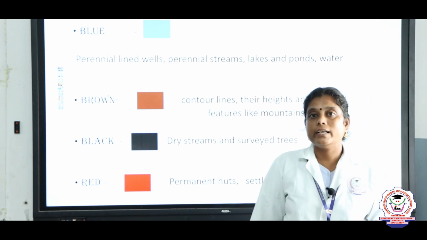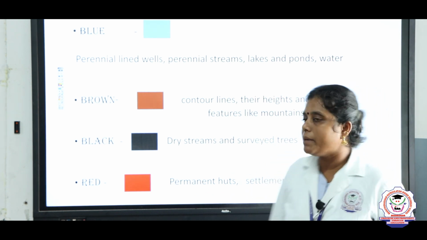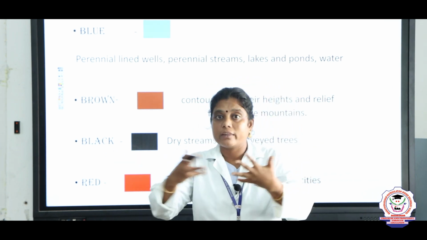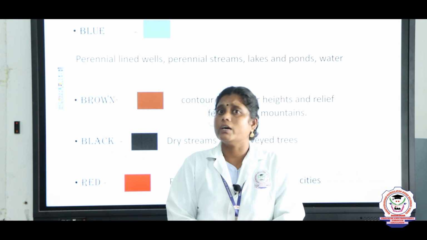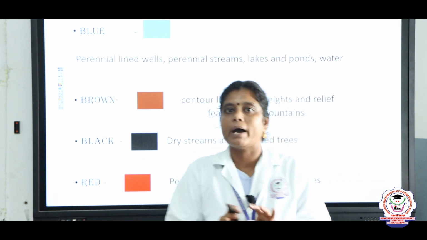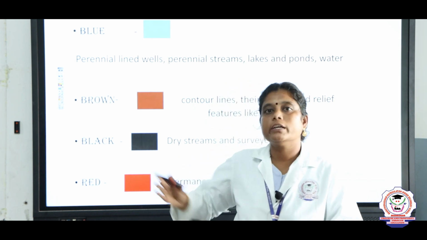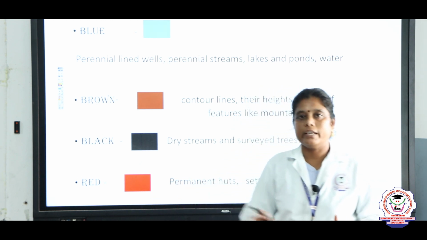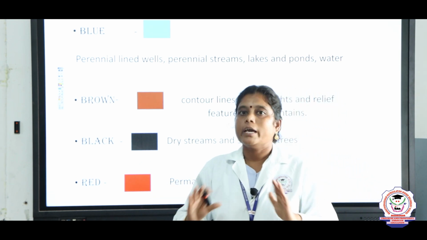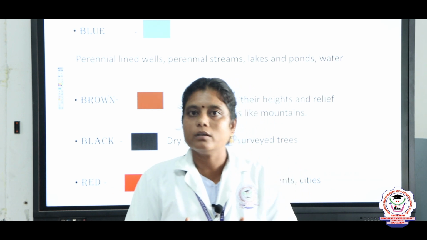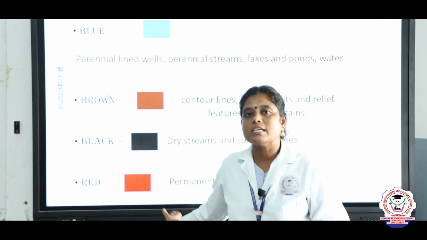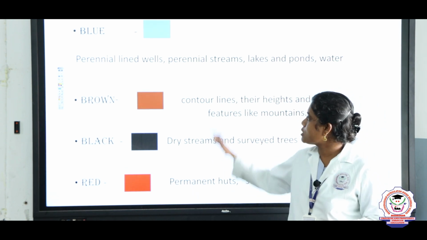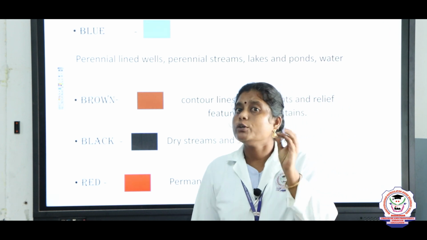Next, red color. Red color represents settlements, permanent huts and settlements. So people live together. மக்கள் எந்த இடத்துலலாம் ஒன்றா சேர்ந்து வாழ்ந்துட்டு இருக்காங்களோ அந்த இடத்தை நம்ம மென்ஷன் பண்ணும்போது மேப்ல என்ன கலர் யூஸ் பண்ணணும்? Yes, absolutely right, red color. So red color defines settlement area. Settlements are nothing but places where people live close together, known as permanent settlements, and we mention them in the red color on the map. So these are the few colors which we use on the map.